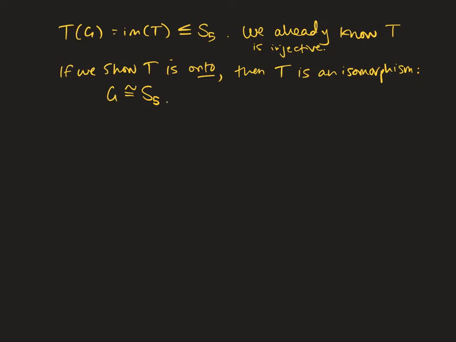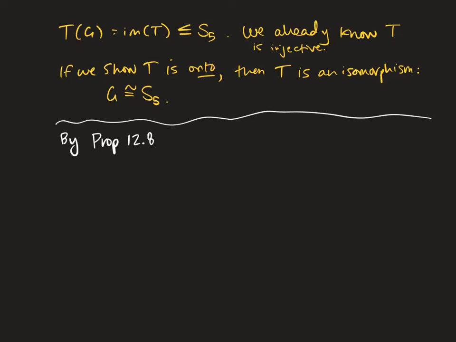So that's what we're going to try to do. We're going to try to show that T is onto. And of course, we will succeed because this course is not designed around failure. Okay, by proposition 12.8, that's all of our vector space stuff coming back, we have that the dimension of the fields Q of p of x over Q adjoin R1 is finite. So we have a finite dimensional field here, and by proposition 12.4,